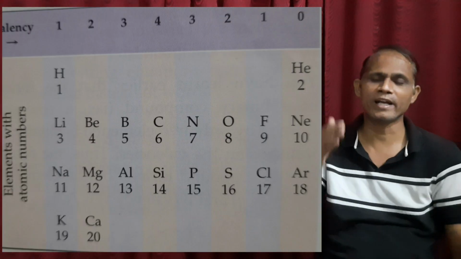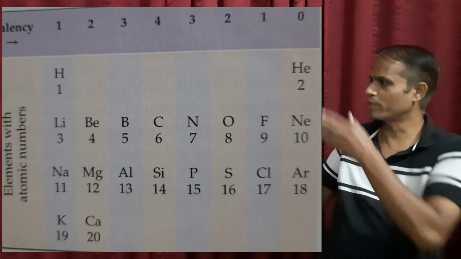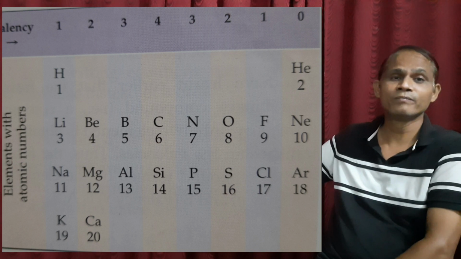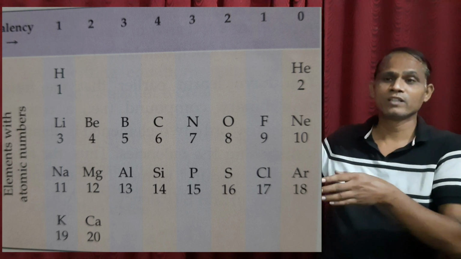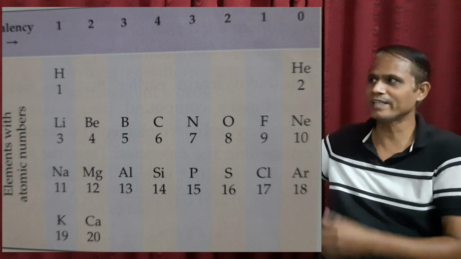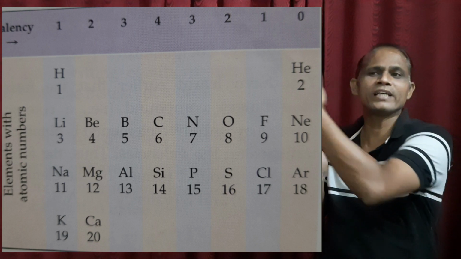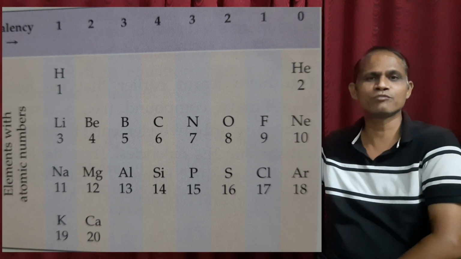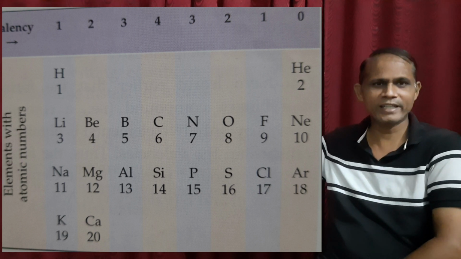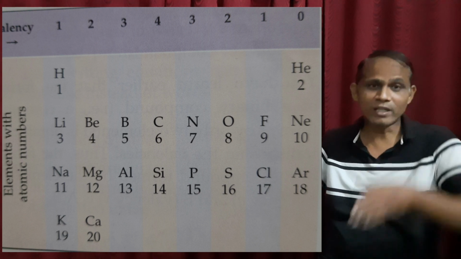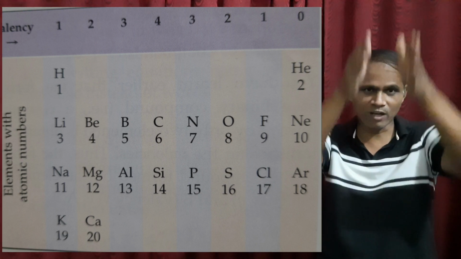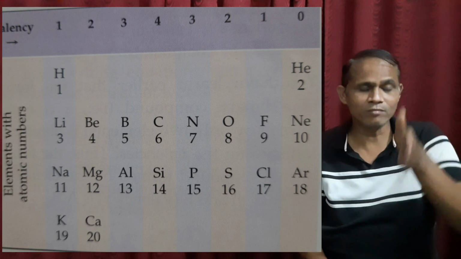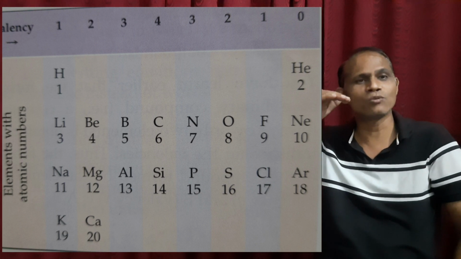For example, if you arrange the elements which I have shown you over here, you can see I have arranged the elements in the increasing order of their atomic number. If you move from left to right, you will see that the valency goes on increasing. So along the row the valency will go on increasing, 1, 2, 3, 4 and so on, and after 4 again it will reduce and ultimately reach 0. But in a single column, down the group, vertically downward, you will see the valency is the same. So in the column the valency is the same, and in the row the valency goes on increasing.